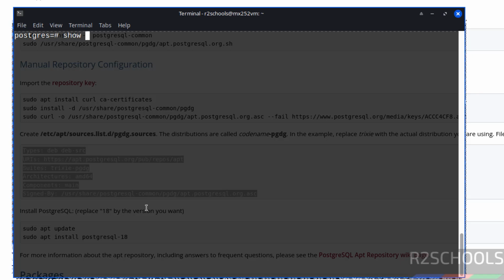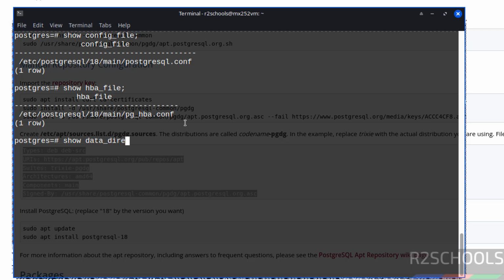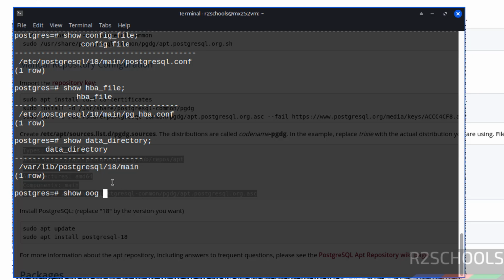So show config_file. This file contains PostgreSQL server configuration parameters information. So show hba_file. See, both are in the same directory. HBA means host-based authentication file. It contains authentication rules. So show data_directory. So show log_